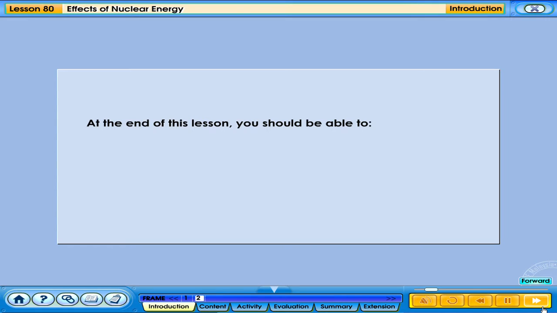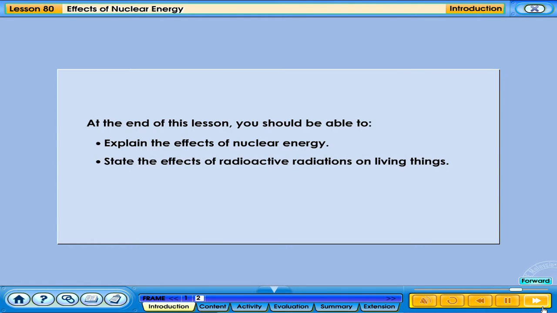At the end of this lesson, you should be able to explain the effects of nuclear energy, state the effects of radioactive radiations on living things,